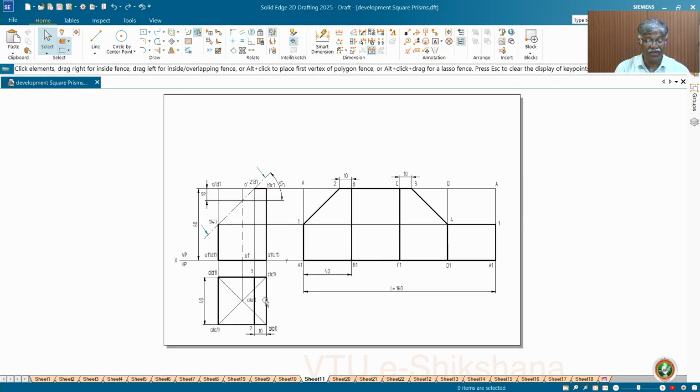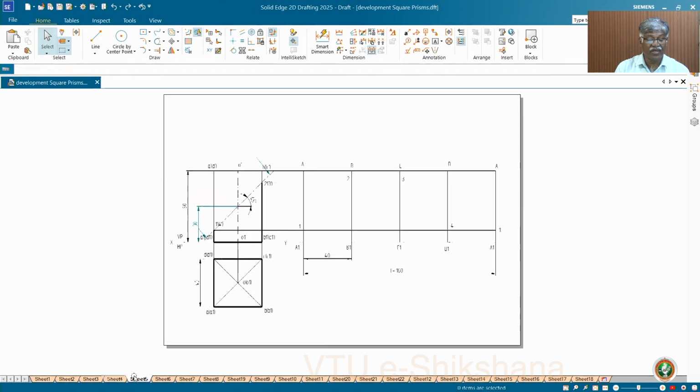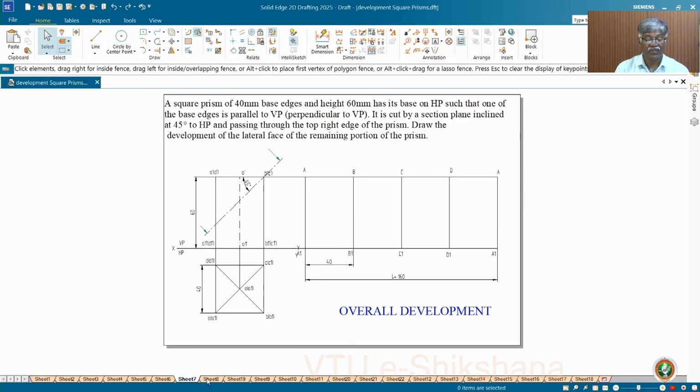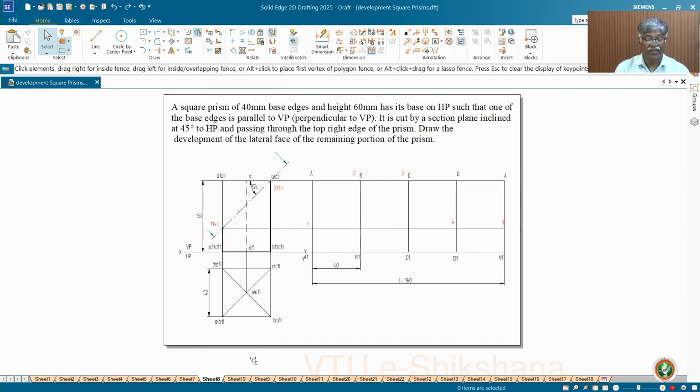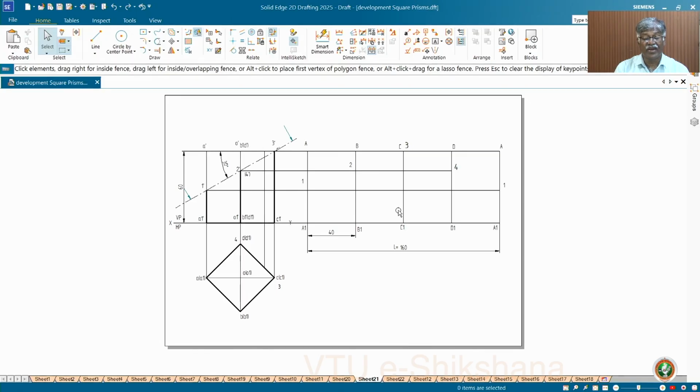How to complete the figure? See, here top edges no way connected with intersection, just like this problem. See, the extreme edge case. Extreme edge case I have. See 2 and 3 here. In no way it's connected, only top points are interfacing. Here it is different. The point is here,